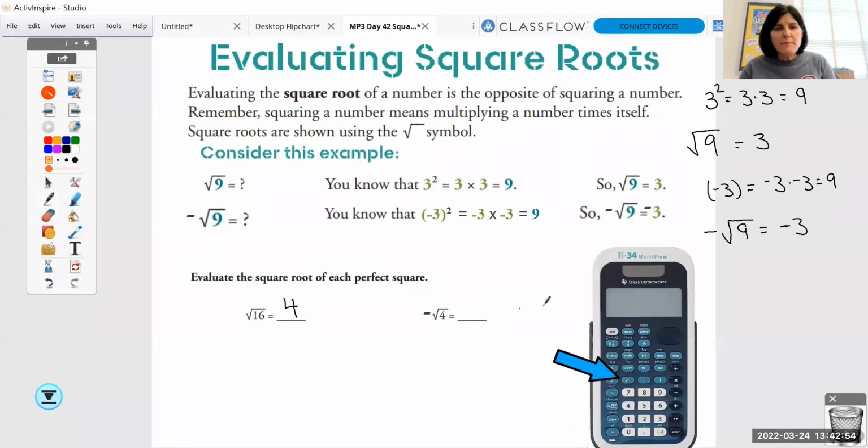All right. So the opposite of the square root of 4 is -2. All right, so I'd like you to try maybe 3 or 4. That's all I want you to try for right now. And then we're going to move on